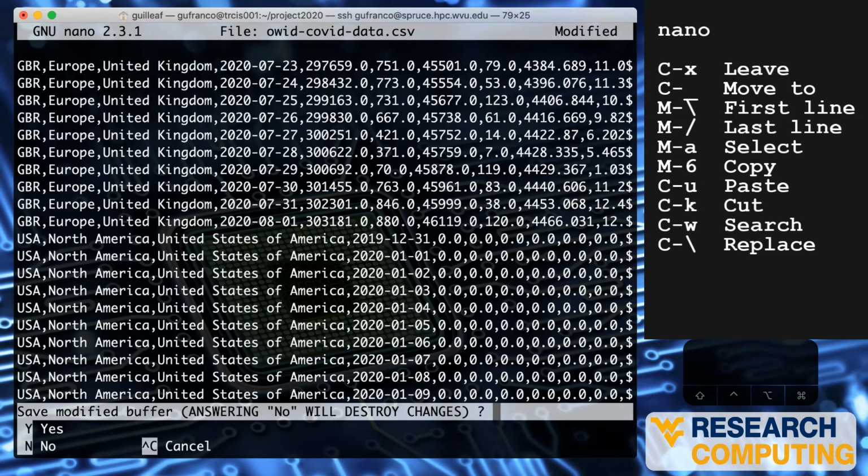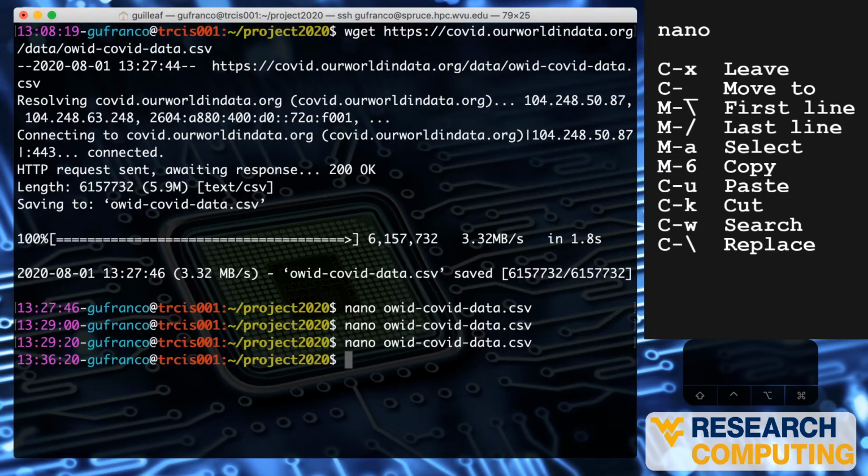It will ask, save this buffer, yes or no. I will say no, so I don't preserve those changes, for demonstrating the next editor. So this is Nano, very easy to use, and probably the best first selection for beginners in Linux environments from the terminal. So now let's go to our second editor here,